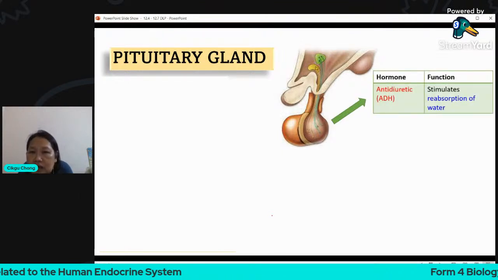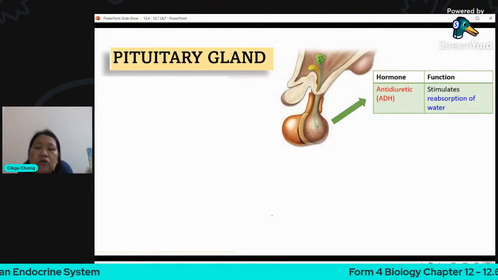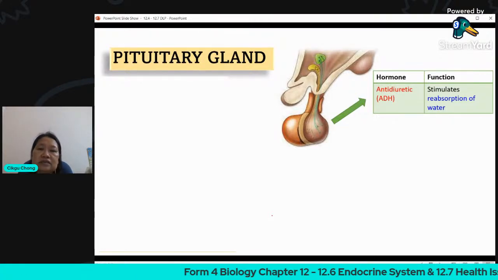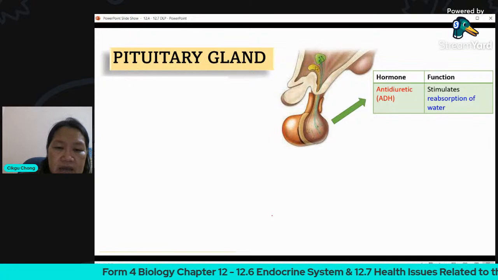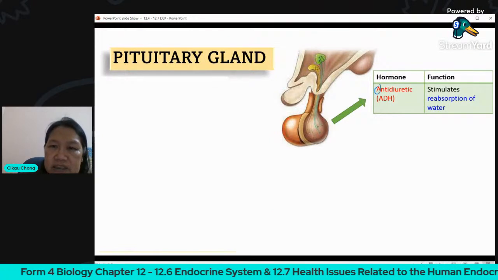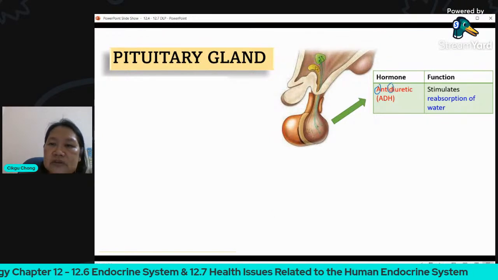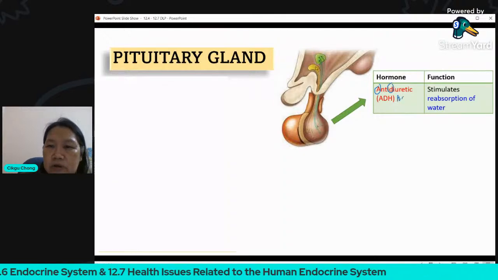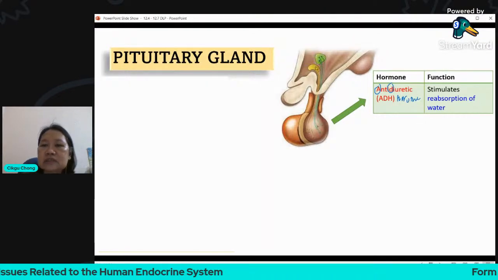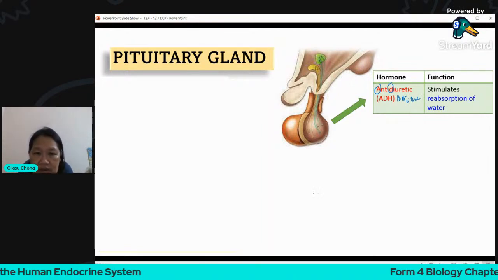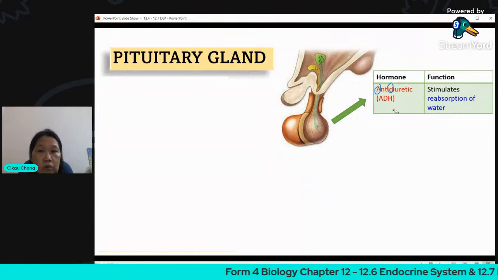First of all, antidiuretic hormone. We call it ADH. Antidiuretic hormone. So the A is for the anti, the D is for the diuretic, and I forgot to write the hormone here. So this is antidiuretic hormone. Sorry, my handwriting is a little bit off. So you just imagine there's a hormone there.